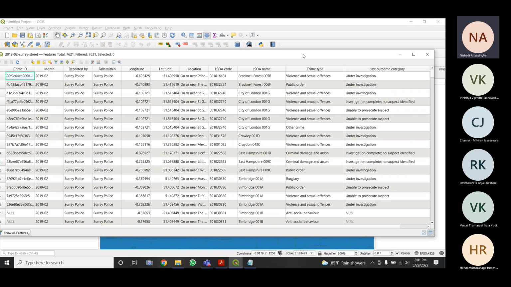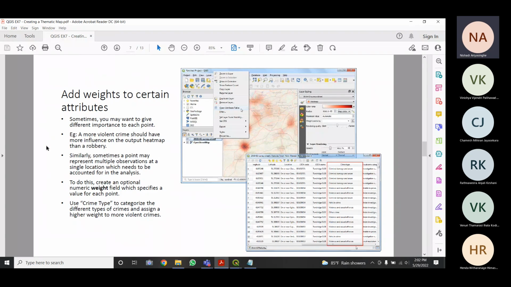So violence and sexual offences have happened more. Burglary might have happened less, antisocial behavior more. So like that, you might only need to focus on crime type. In that kind of situation, we can give a weight for that particular attribute, right?